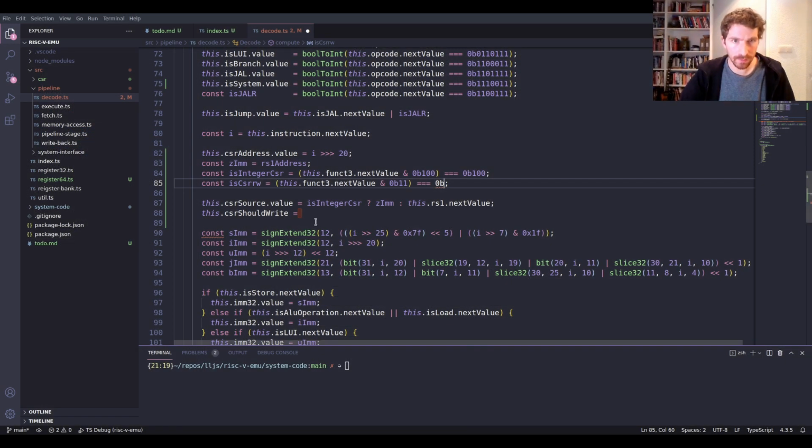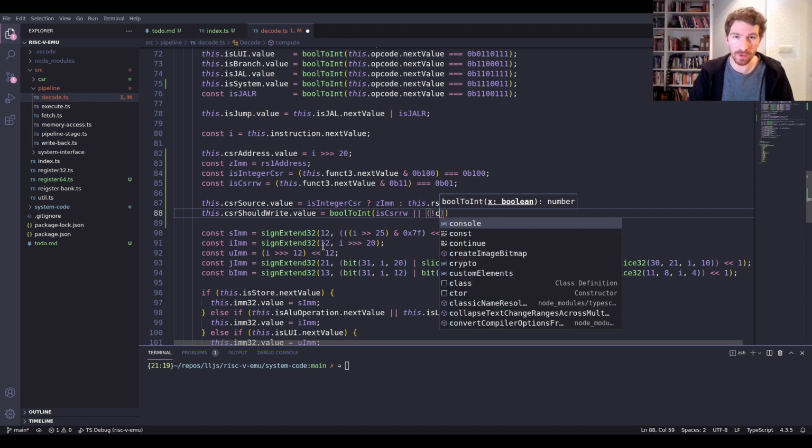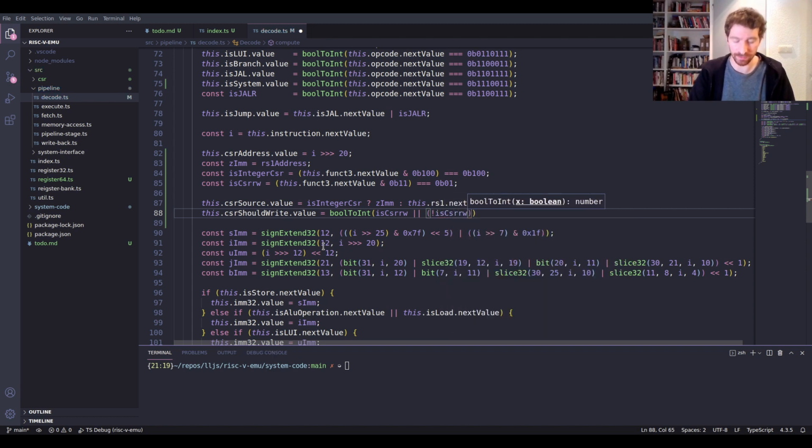So we'll just make this instruction type a check for is this the read write. And so the first part of this, we'll use this bool to int, and this should be a .value. And the first part is going to be, is this CSR read write? So we're always going to write in that condition, but in the other condition, if it's not a CSR read write,